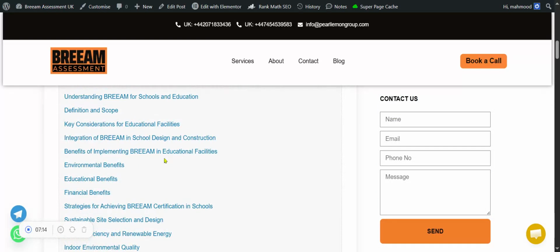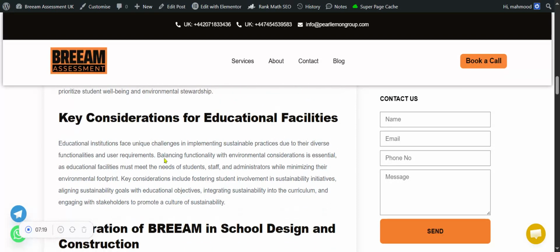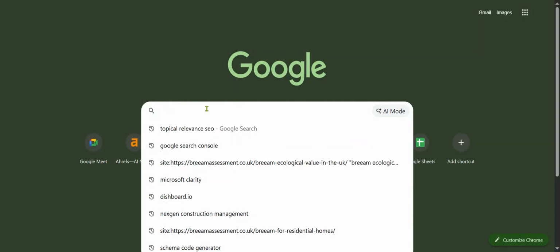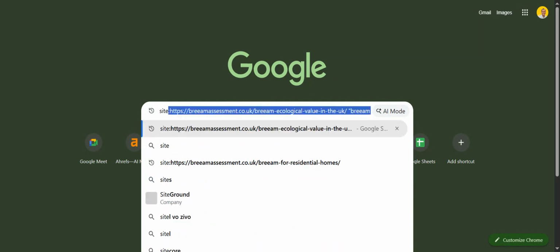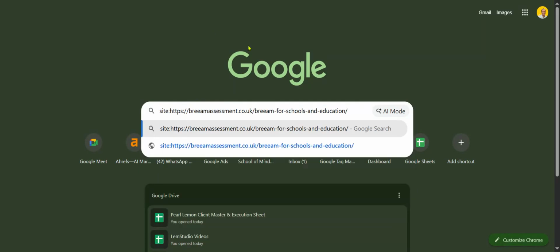And now if we want to check if the page has any internal links to it, all we need to do is search on the site. We go to Google and then we put in site, and then we paste the URL of the site,